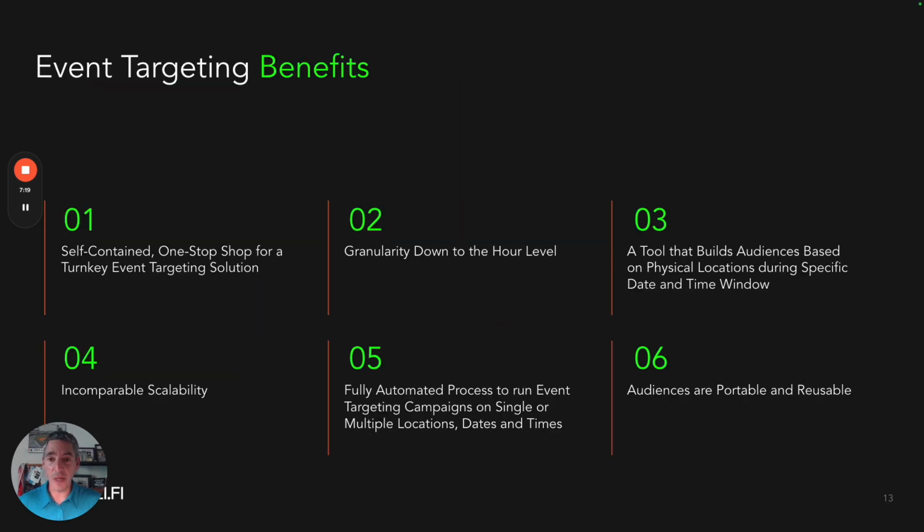So event targeting. Let's spend some time talking about event targeting because it's a different way to look at ways to be able to reach your audience. So we know that events are happening across the country. It's sporting events, community events, all types of political events are going on in this year, and we can now target not only the venue but down to when people are there. So we can target by date and time and allow the ads to hit those areas and not waste dollars on when people are not your target audience. So one of the things that we want to be able to do is get specific, not only geographically, but then timestamp it so they're reaching people that, again, you want to reach.